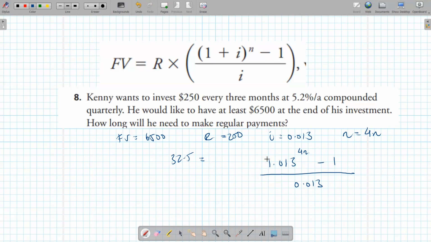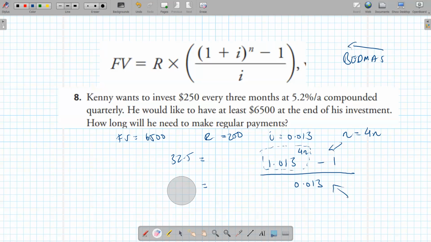We need to isolate this part first, meaning we have to get rid of the minus 1 as well as the 0.013 to the other side. So could you add one? Is that the right math though? You have to follow the reverse BEDMAS. It doesn't always work, but it works most of the time. So you have to multiply by 0.013. Yeah. So 32.5 times 0.013, which is